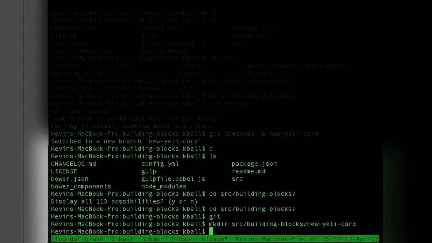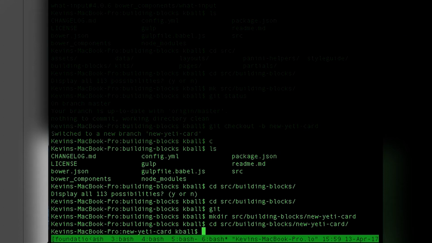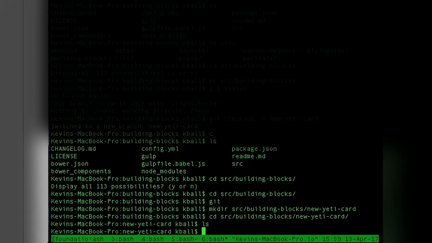Now I'm a little old school. I'm doing this all in the command line, and I'll do my code editing with Vim. You could do this just as well in any project editor. You could do this using Sublime. You could do this using whatever code editor you use. So source building blocks, new Yeti card. And I'm going to copy a previous set of things just to get us started quickly. So let's copy, I think there's actually a basic card